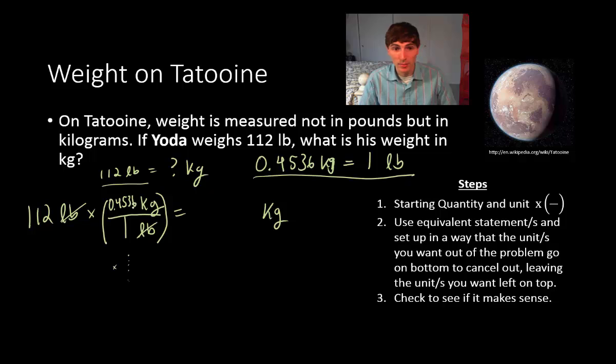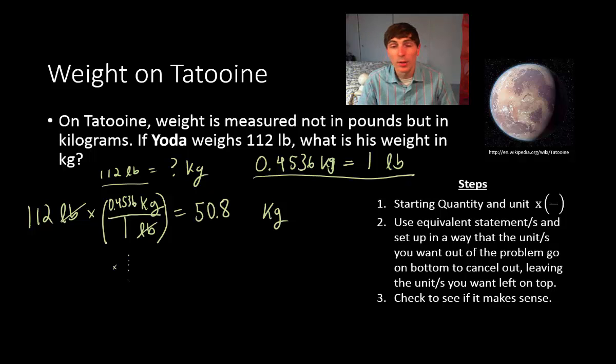Now I can take out my calculator and multiply all the numbers on the top, 112 times 0.4536, and divide by 1 for the number in the denominator, and we should get that it's equal to